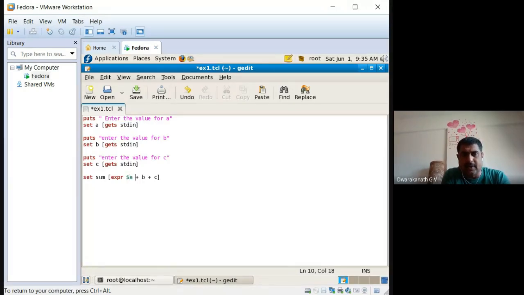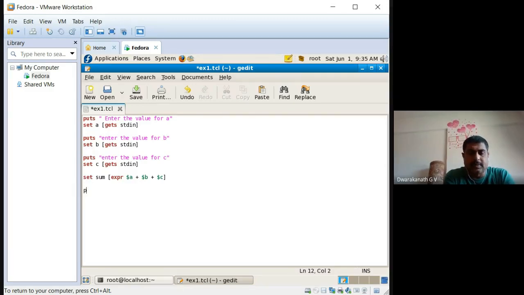Dollar A, it will turn to green color. That you keep in mind always. So dollar C. Now this is the correct instruction. The values of A, B, C are added. If you want the numerical value, expr is needed, then that will be copied to sum, which means the set command will execute. Once it is there, what is the next step you have to do?